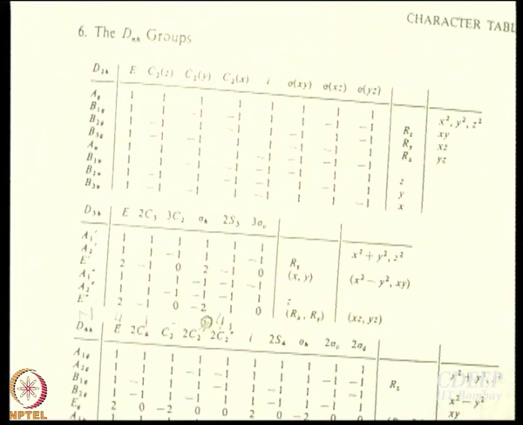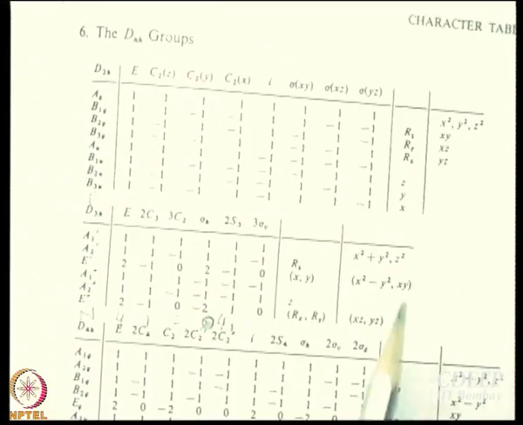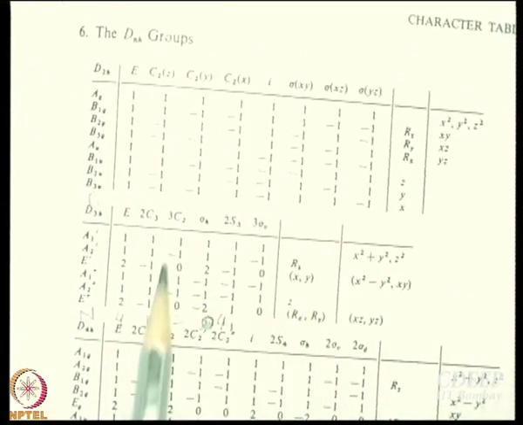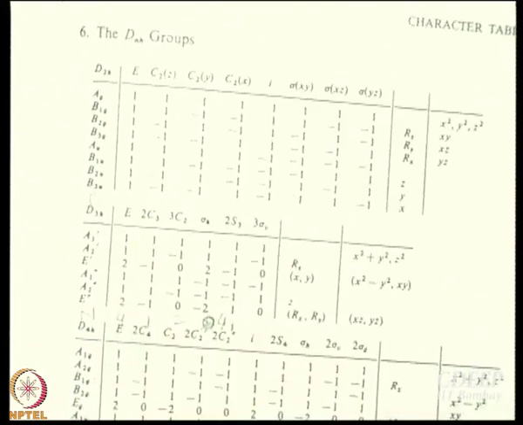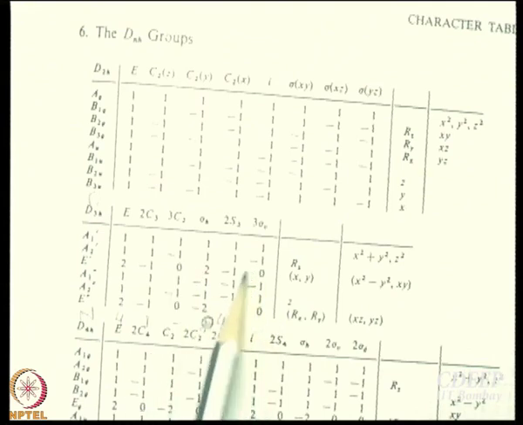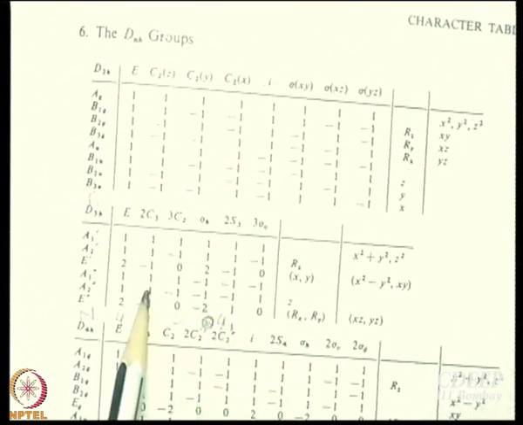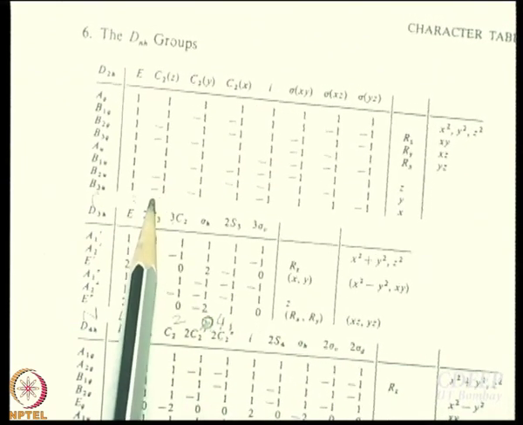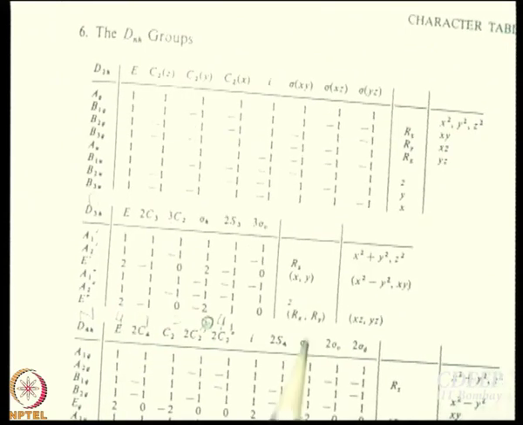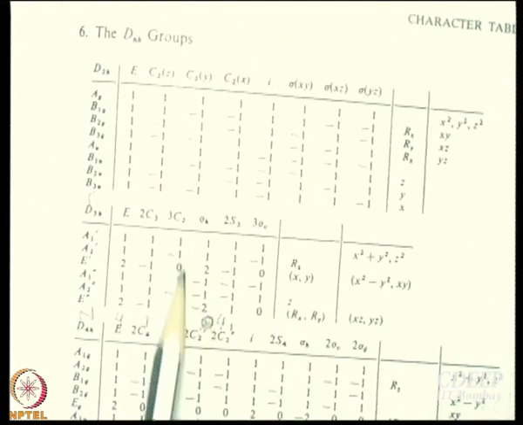Now see, you can work out gamma xyz. I will just write it here for the want of space. What is gamma xyz? Can you tell me? This is xy and this is z. So how do I get gamma xyz? Character for this is 3. Character for C3, what is the character for C3 for gamma xyz? For xy it is -1 and for z it is 1. So our good old friend 0. Then 0 and -1 is -1. So on and so forth, you can work out these characters for gamma xyz.